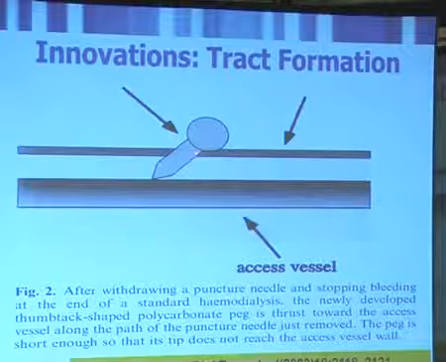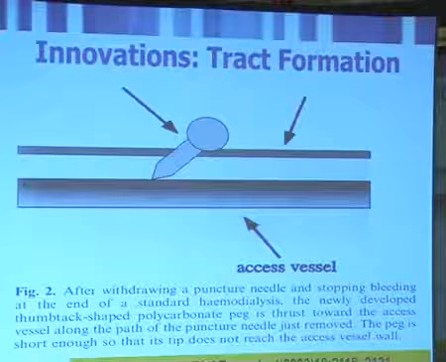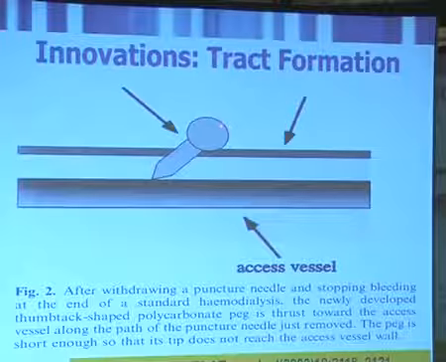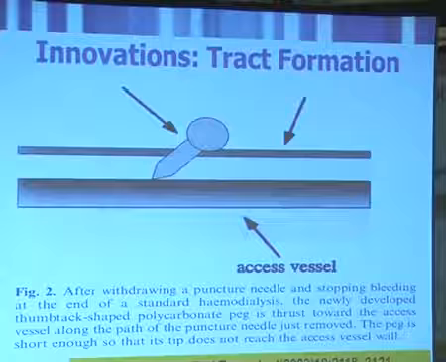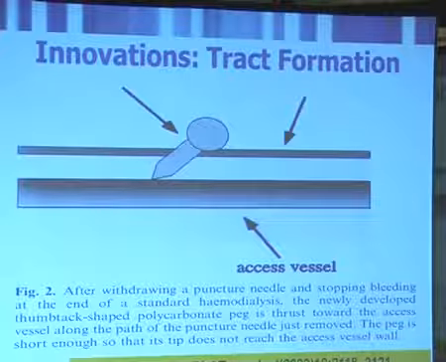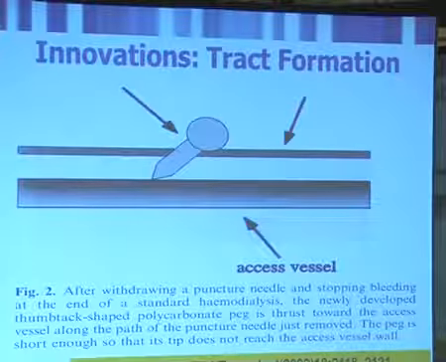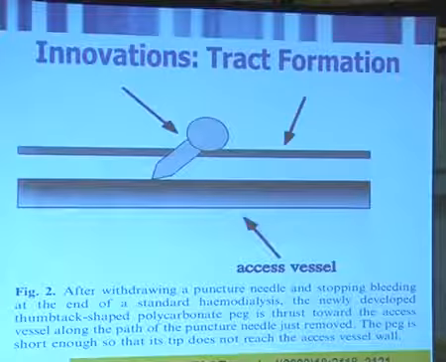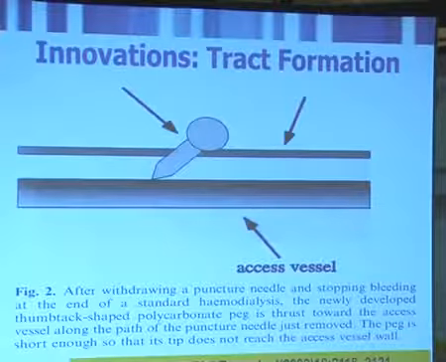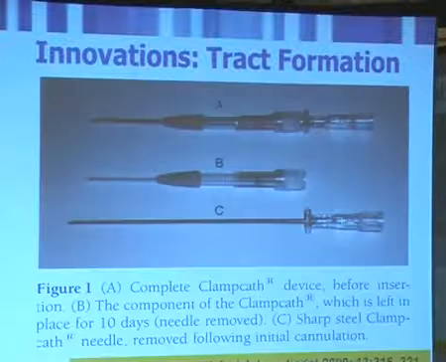So the next time the patient comes for dialysis, you remove this peg, and on the same tract you can put in the fresh needle, which is the sharp one, till the tract is created. So this basically eliminates the need of the same personnel being present every time. So this can ease the formation of the tunnel tract.